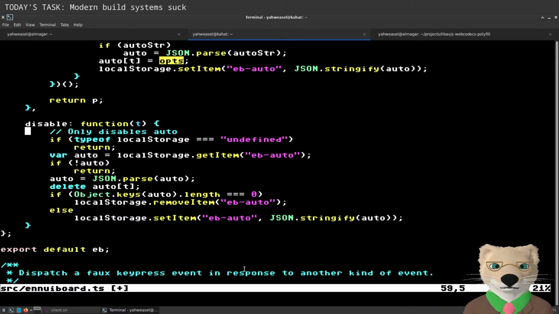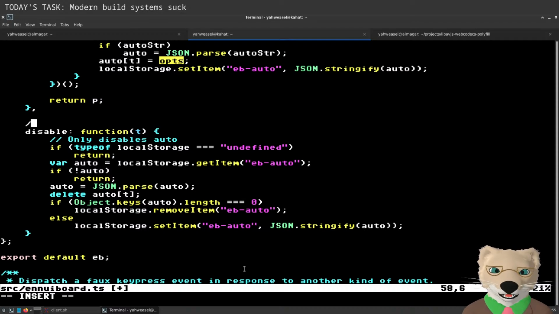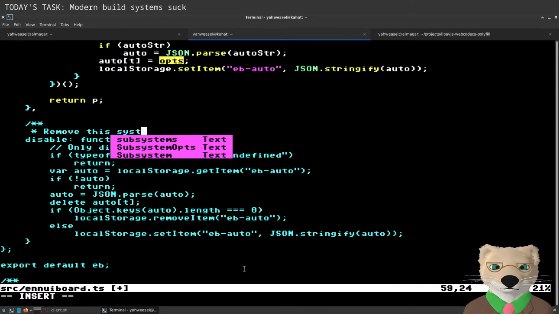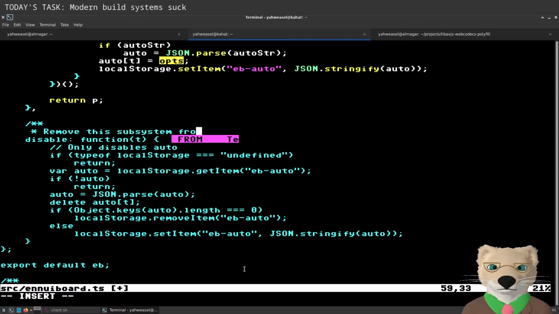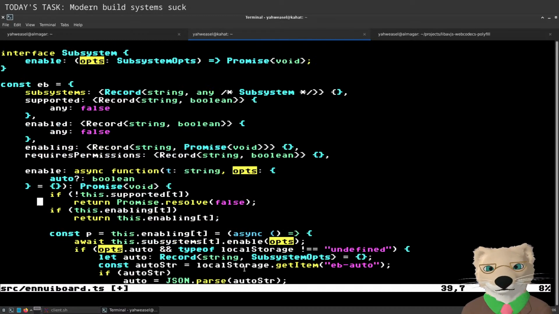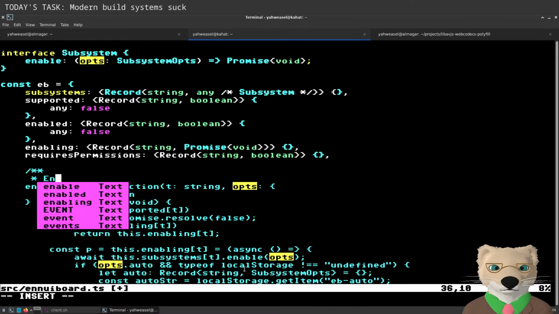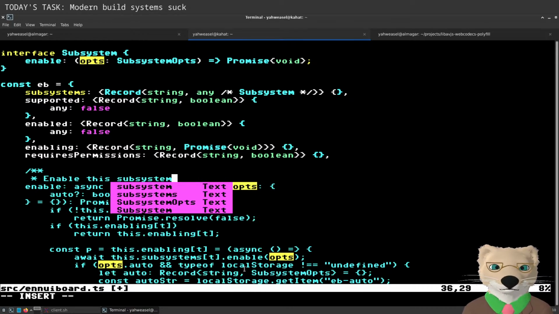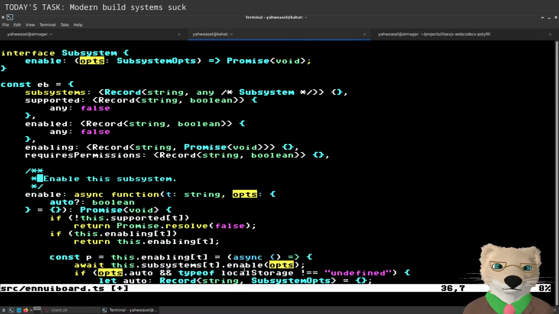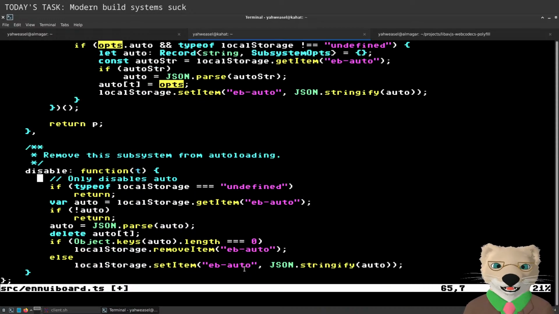I have... okay, so disable disables it from the auto. Good thing I documented that. I would document the parameters, but this is ancient code and I barely understand how it works anyway, so...